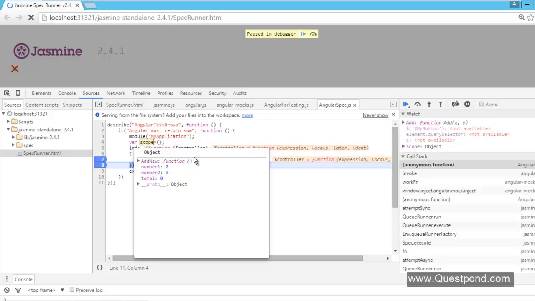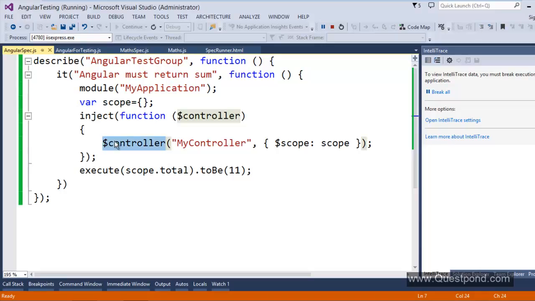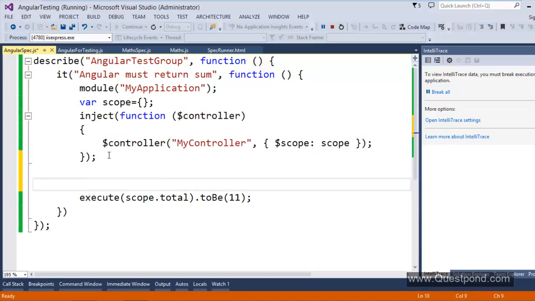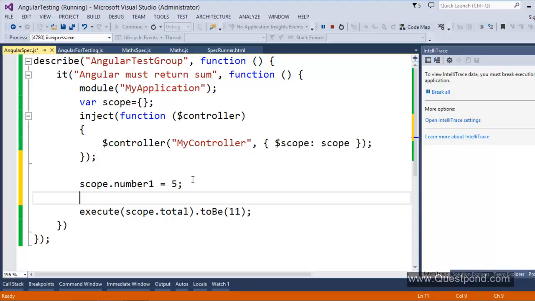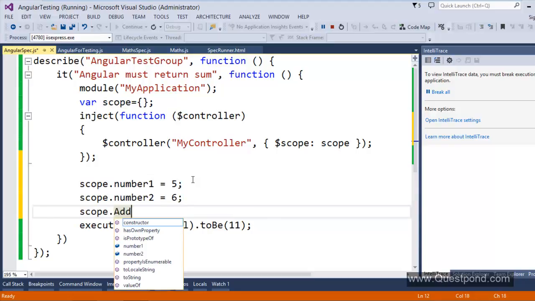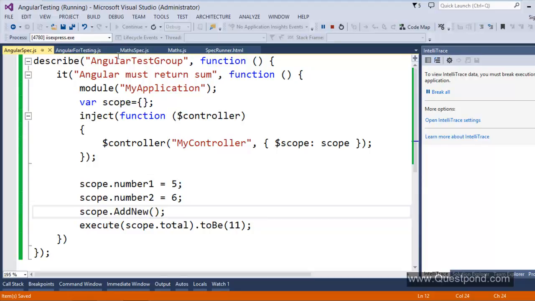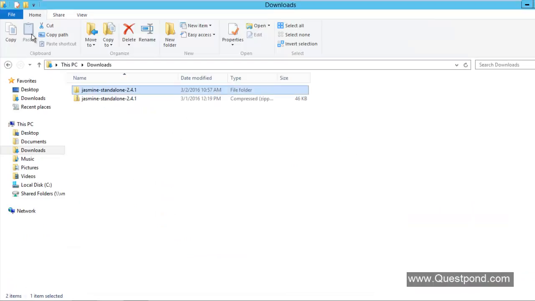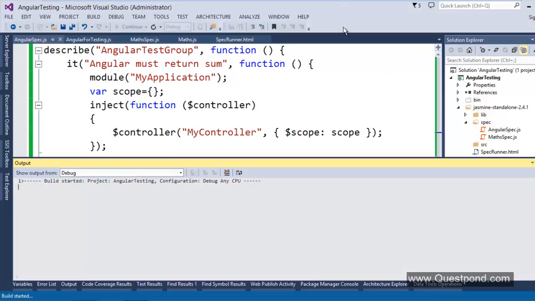So now let's continue with our practical. Close the browser and simply assign a value to number1 as 5, dot number2 equal to 6, and simply invoke the add new function. Now let's go and simply refresh the browser, or let's re-execute the application,